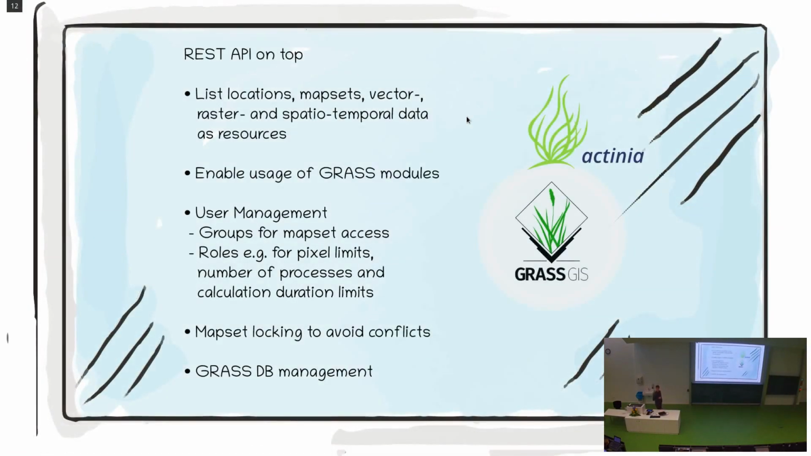So, what about putting a REST API on top of that? Yeah, we have the functionality of GRASS as it is, but we built a REST API around. We need to have then the possibility to look at those data, list them, of course, to enable GRASS usage, maybe have some user management there. Not every user should use everything, but restricted by